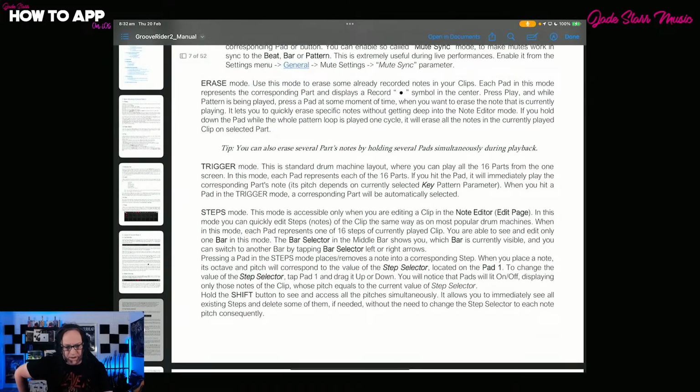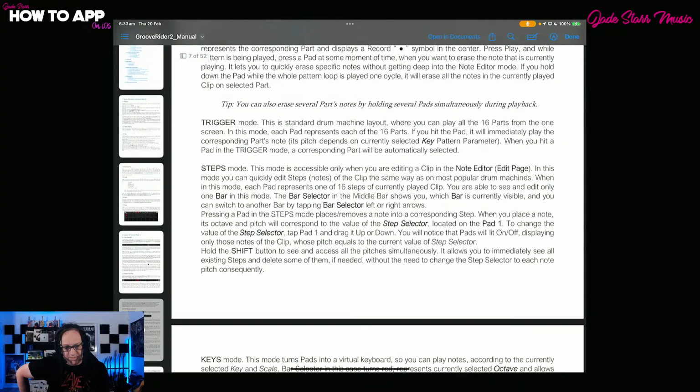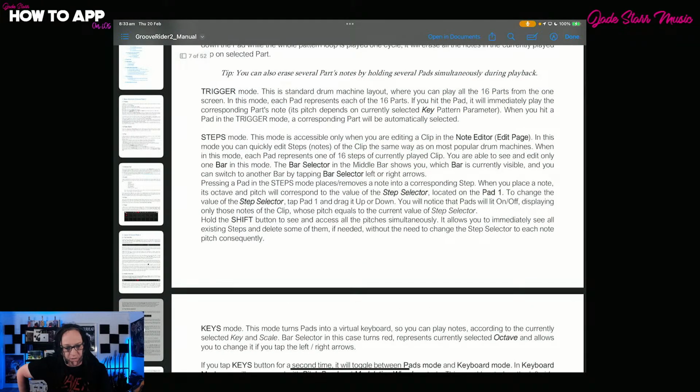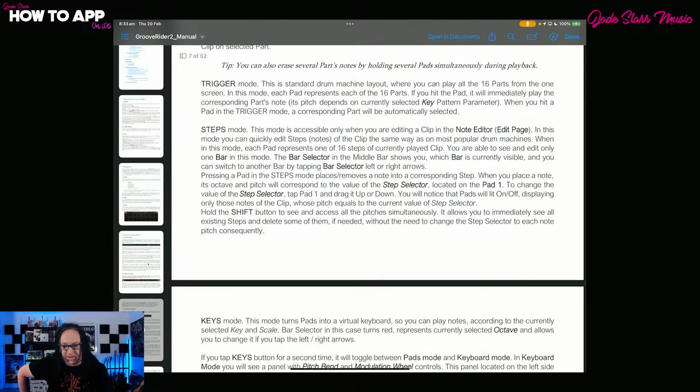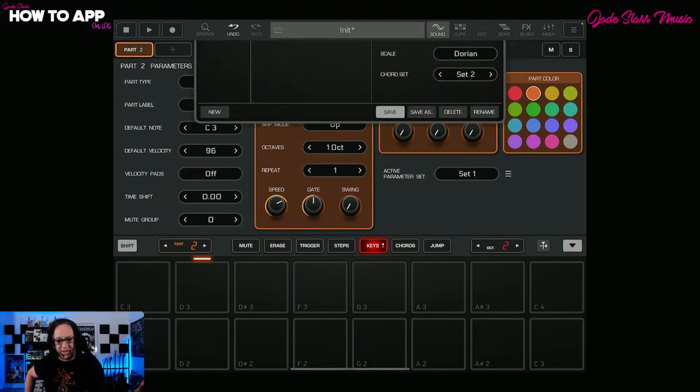Trigger mode. So just want to make sure corresponding notice when you hit a pad. Steps mode. This mode is accessible when you're editing a clip in the note editor edit page. In this mode you can quickly edit steps of the notes in the clip. So let's come back over here. I'm jumping around a bit today. I'm going to load up...